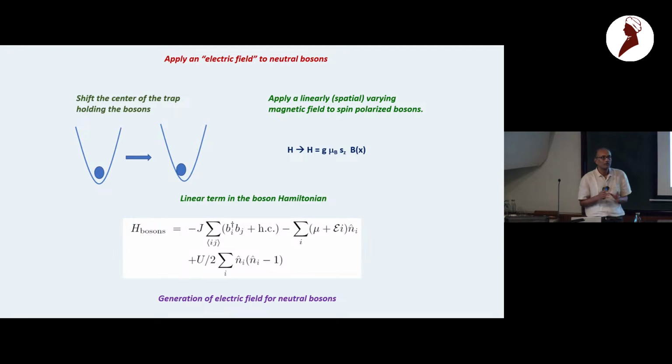Oh, but the bosons will be localized in both cases. For large U because it's a Mott insulator, and for small U because this thing is just an electric field. I'm saying that in the absence of U, you have Bloch oscillations, and Bloch oscillations means you will have oscillations. No, but in real space the boson wave function will be completely localized.